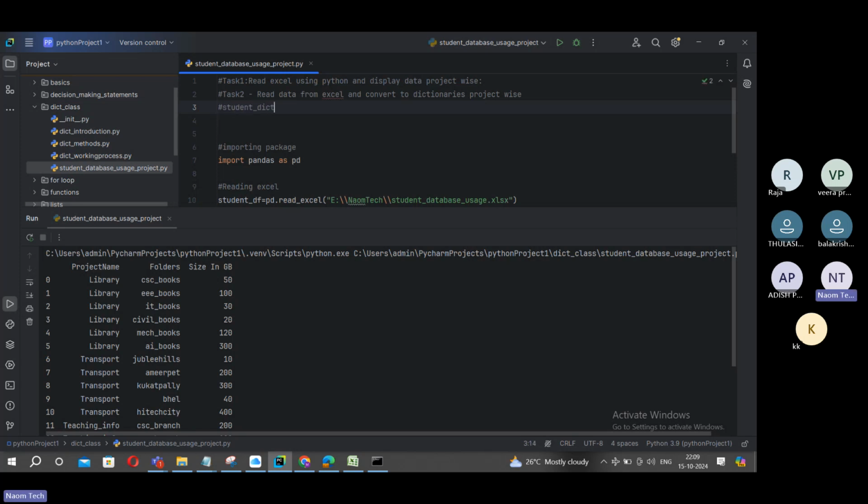And in this, it should be like this. Equal to, you should have library first. Again, this should be a dictionary, and that dictionary should again have a dictionary. What is that dictionary here? So first one,